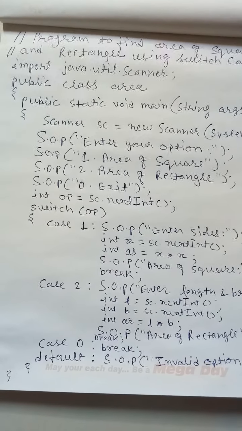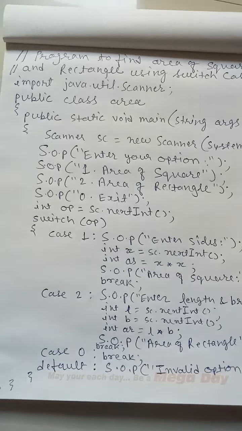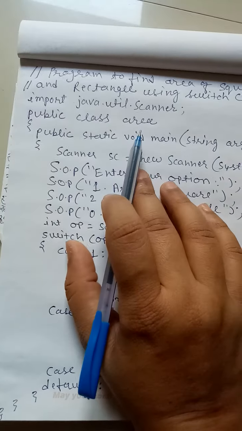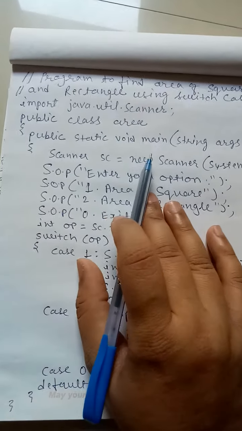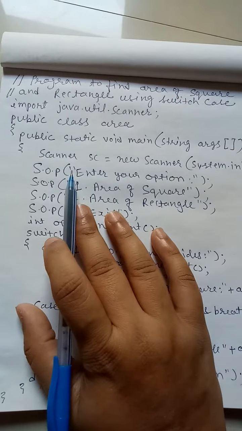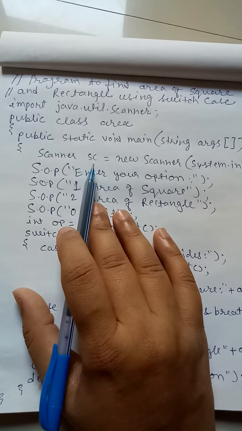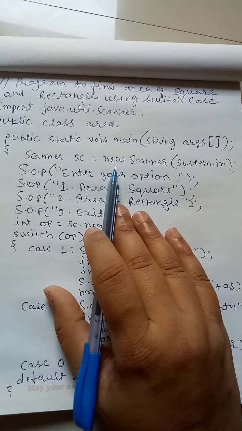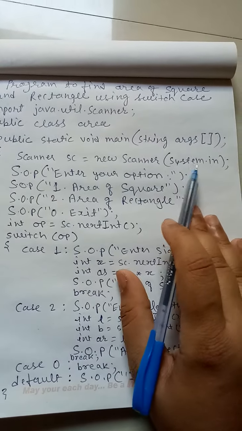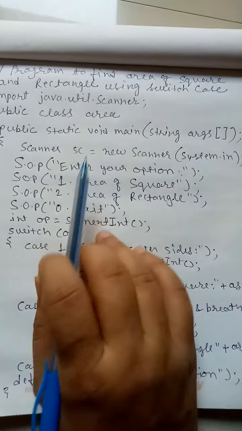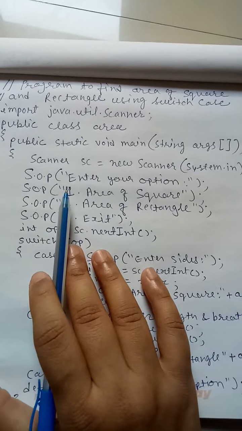Here also, as I told you, now onwards जो भी प्रोग्राम हम करेंगे we will use scanner class only. So again I have used scanner class using import java.util.Scanner. Then my class name is Area, and then I have started my main, which is most important. I have made one object of scanner class, sc, and assigned memory using the new keyword, with System.in for the input. I'm telling you again and again.